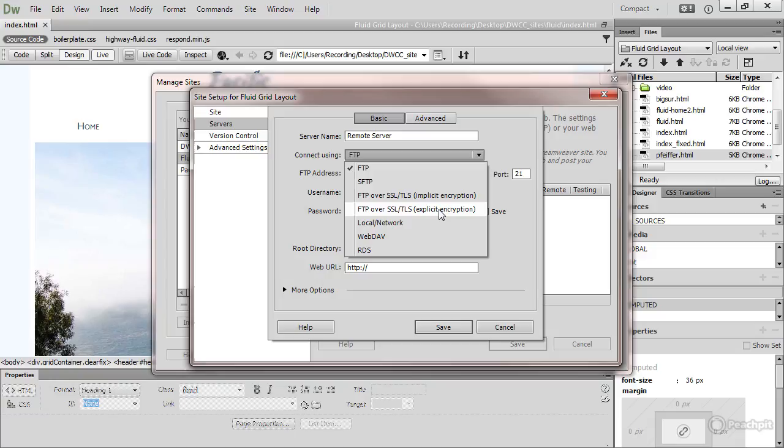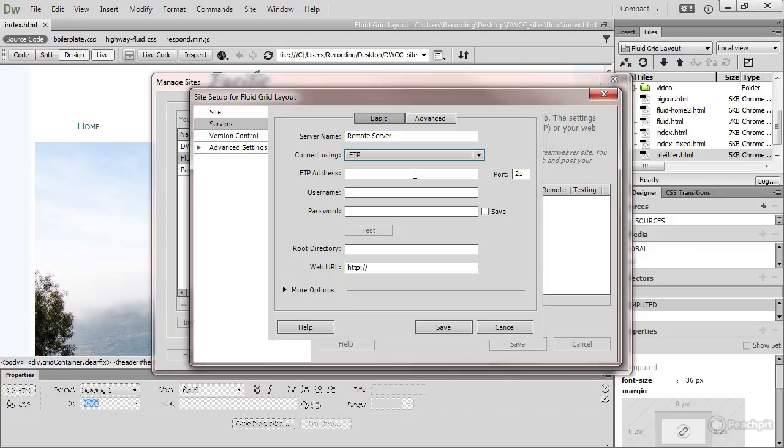You're most likely to want to use one of these first four, but the remaining options are local network, which is used normally for setting up a testing server for a server-side language such as PHP or ColdFusion. WebDAV connects using the web-based distributed authoring and versioning protocol, and RDS is used only with ColdFusion servers. These first four are the most commonly used, and the details required by Dreamweaver are pretty much the same for each one. So let's go to FTP, and the FTP address will be something like